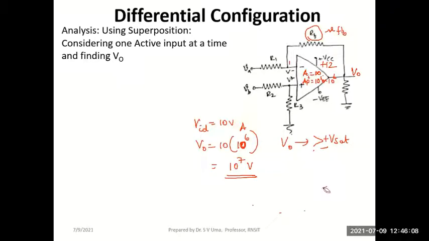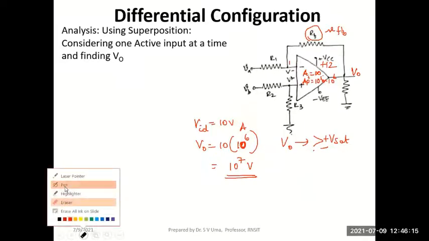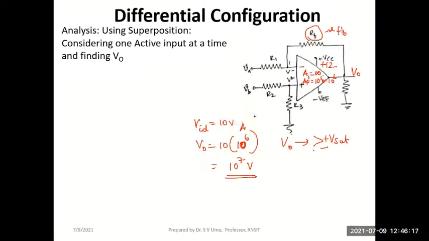So even though it will actually amplify, you have no way of visualizing such a large voltage because I can't give DC voltages in this range. If I want to visualize such a large voltage, I should give DC voltages of maybe 12 into 10 power 7 and minus 12 into 10 power 7. Imagine that. All that is impossible. That's why we always have a limiting factor because of the DC power supplies.